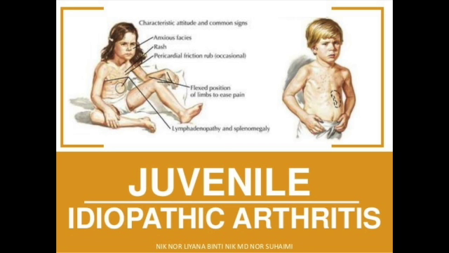Next, juvenile idiopathic arthritis, also known as juvenile idiopathic rheumatoid arthritis. Autoimmune, mono or polyarthritic arthritis in children under 16 years old for over 6 weeks. So over 6 weeks it has to be in children under 16 years old. There's 3 types: the systemic Still's disease, there's also the pauci-